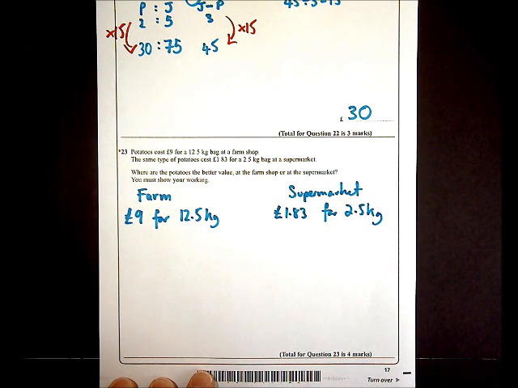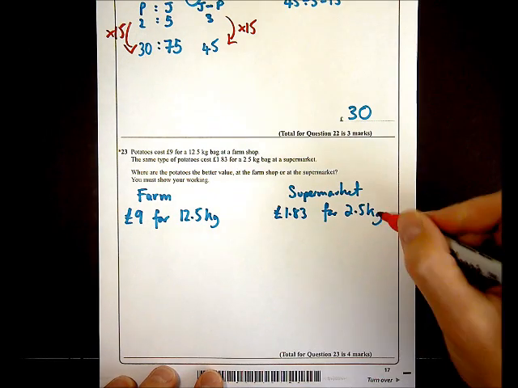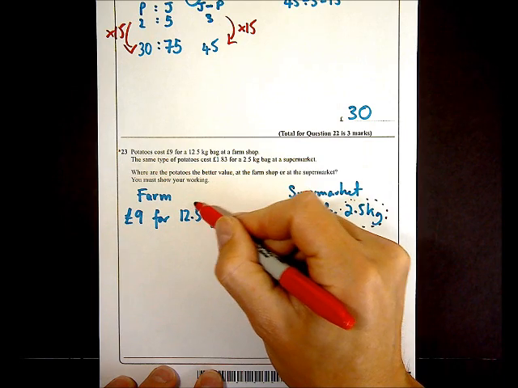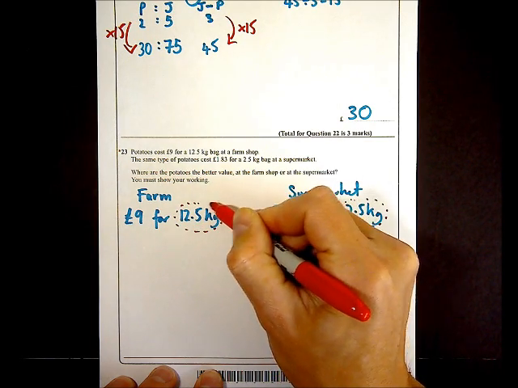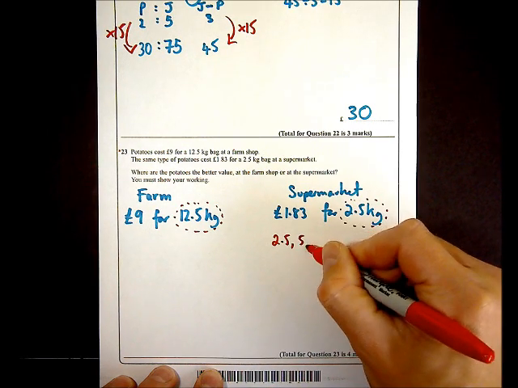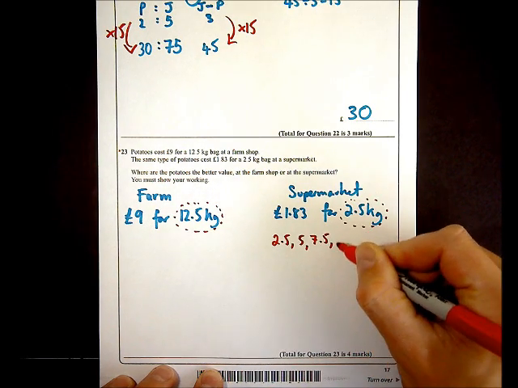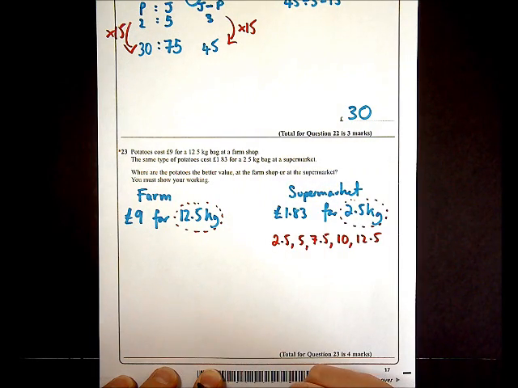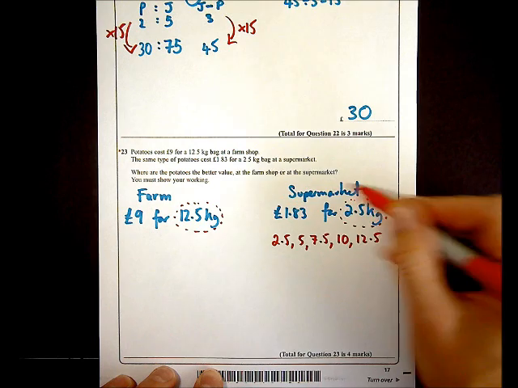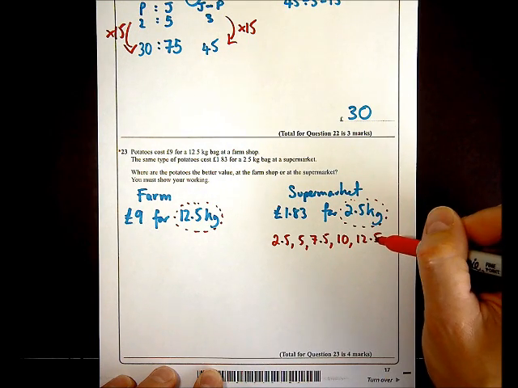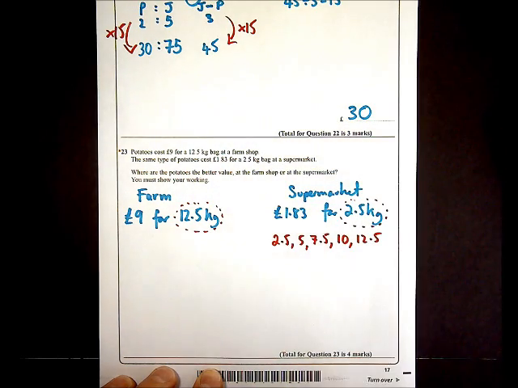Now, there are a few ways to do this question. What I'm going to try and do is work out for the same amount. So I'm going to try and get these two amounts here, 2.5 kilograms, comparable to the 12.5 kilograms. So I'm going to go through 2.5, and then 5, and then 7.5, and then 10, and then 12.5. So I can see that if I purchase 5 lots of the potatoes from the supermarket, I'm going to get up to 12.5 kilograms. So I'm going to do £1.83